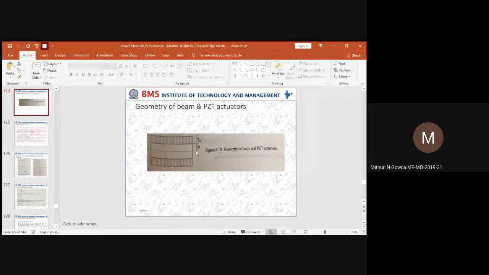Here it will be what? Neutral. Yeah? Neutral axis. Towards the neutral axis, you can measure both the stress and the strain, right? So this is the direction in which you will have the polarization axis, which is the Z axis. It will also refer to the vertical height of the structure as well as the piezo patch.